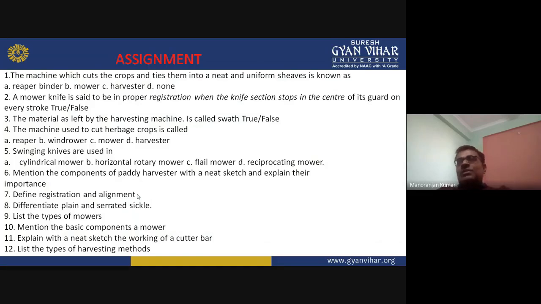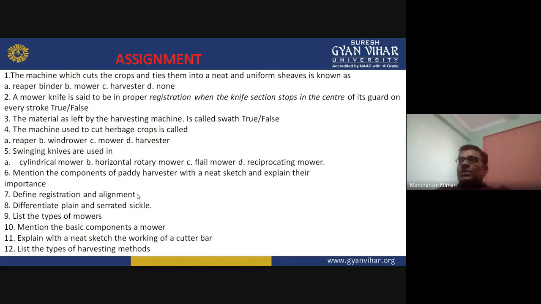A mower only cuts the grasses and leaves them in a swath. A harvester can cut the crop, and threshing can be done by the harvester also. So the correct option is reaper binder.